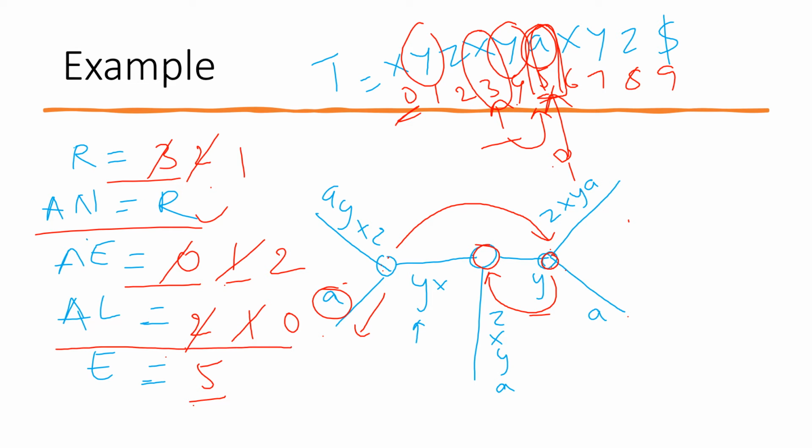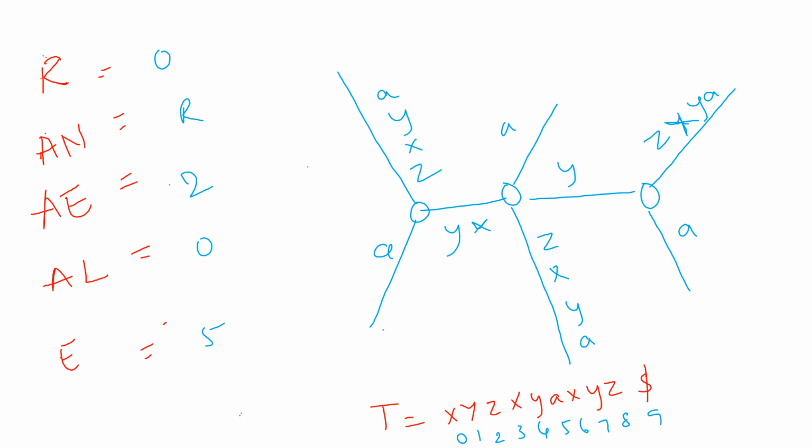Since active length is 0, I'll have to check if there is a path from root to this particular character a. So since there is none, I'll have to create one. So I'll create one, so it'll be pointing to a. So since I create a new leaf node, I have to decrement the remainder to 0. So now I'll have to shift to new phase x. We'll be moving to the next phase.